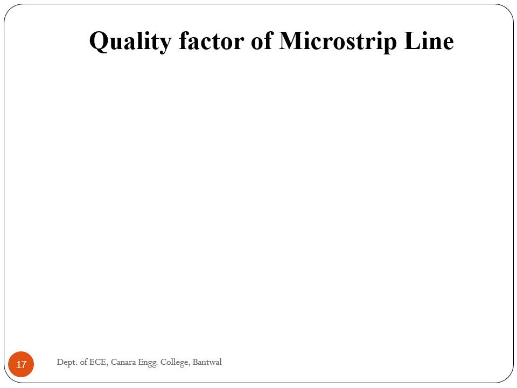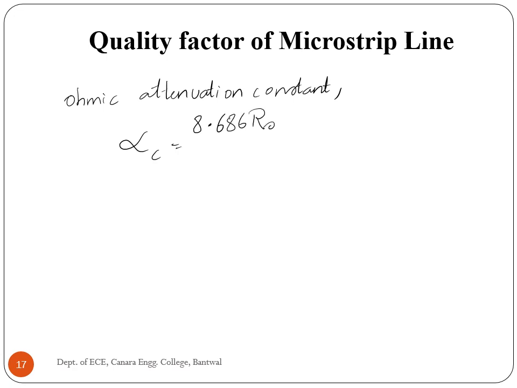For uniform current distribution in a microstrip line, the ohmic attenuation constant of a wide microstrip line is given by 8.686 Rs divided by Z naught and width. And the characteristic impedance of a wide microstrip line is